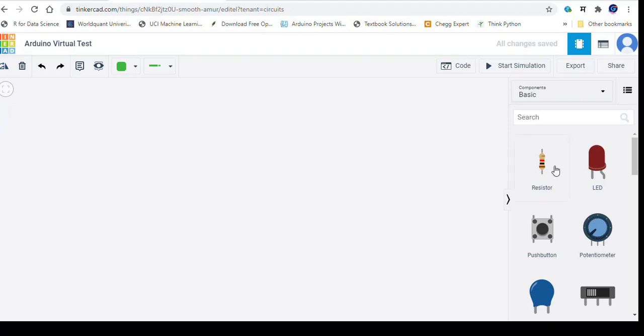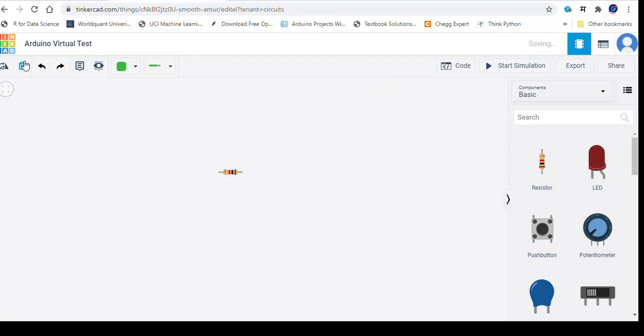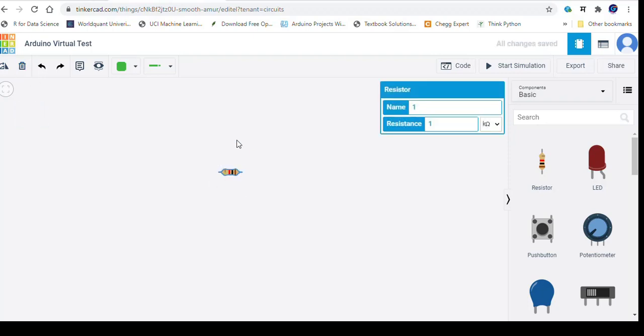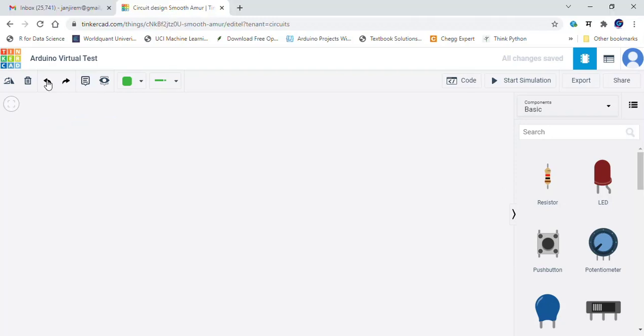First of all, this button is used to rotate your device, and for example here I am taking a resistor. This is a resistor and we can rotate it. Then this button is used in your workplace, and this is an undo and this is a redo button.